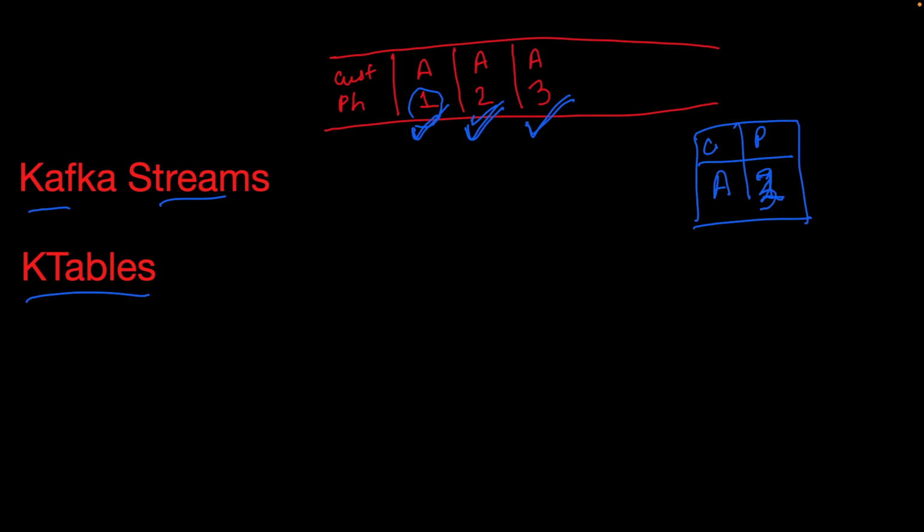In the scenarios where we want to process each and every event, we use Kafka Streams, and in the scenarios where we want the final value, here for example the final value for customer ID A was 3, we use KTables. KTables create a materialized view. That view is generally stored in memory, and we store that view using RocksDB. So these are the basic things about Kafka Streams and KTables. We are going to dig deeper into Kafka Streams and KTables in further videos.